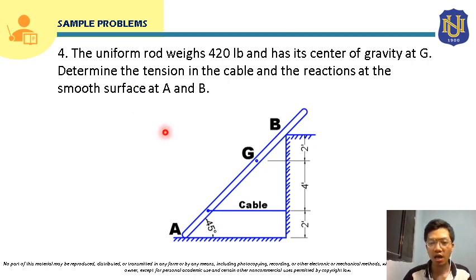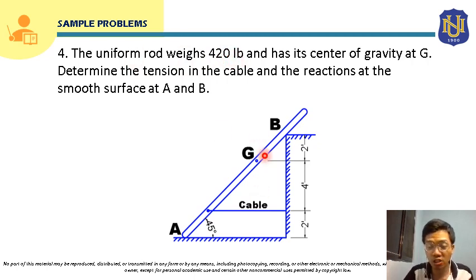So here we have a rod, and this rod is supported by this smooth surface here at B, and here also at point A, it is also supported by a smooth surface. And it is mentioned in the problem that the center of gravity of this rod is at point G. So meaning to say we will apply the given weight, which is 420 pounds of the rod,